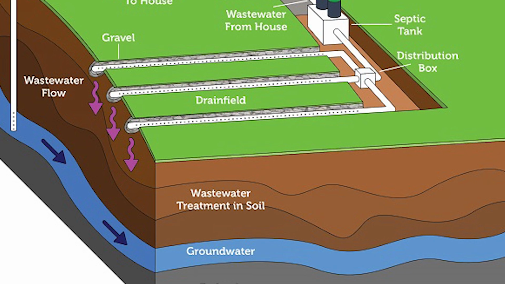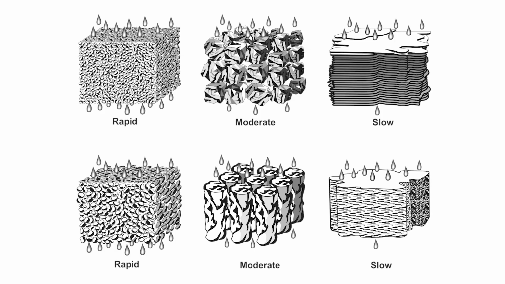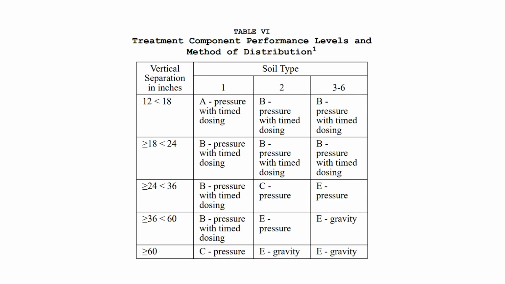As wastewater trickles down or percolates through these spaces in the soil, pathogens are removed or neutralized by the soil, treating the water before it gets into groundwater. Soils with different texture and structure will let water percolate at different rates, which means varying amounts of time for treatment to happen. For this reason, there are strict rules about the depth of soil needed depending on what type of soils are present.